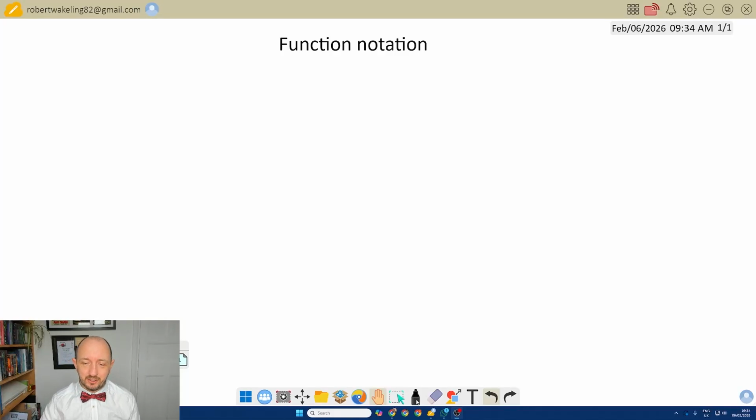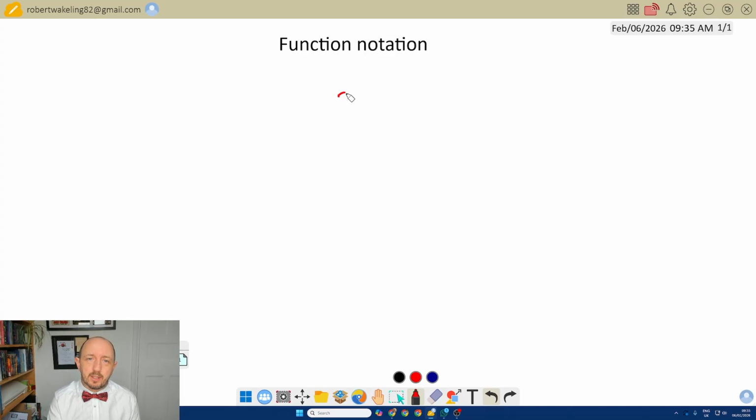This topic, functions, is one that students really struggle with. So I'm going to try to go through this a little bit more slowly so that you can fully understand what functions actually are. And way back in year 7, or perhaps even before, when you were first learning about